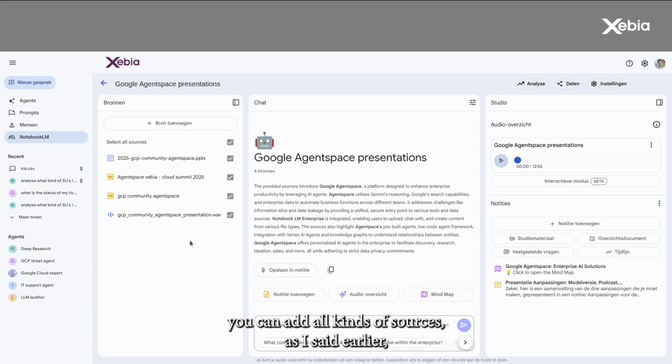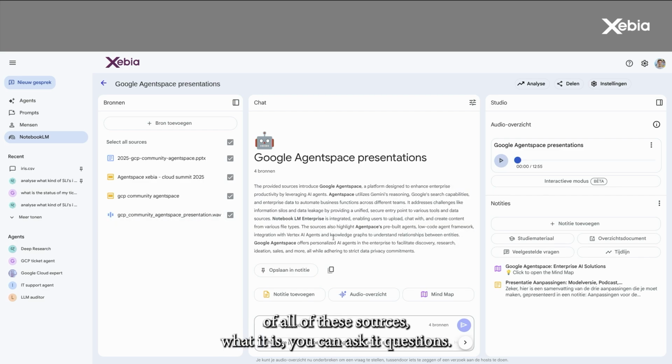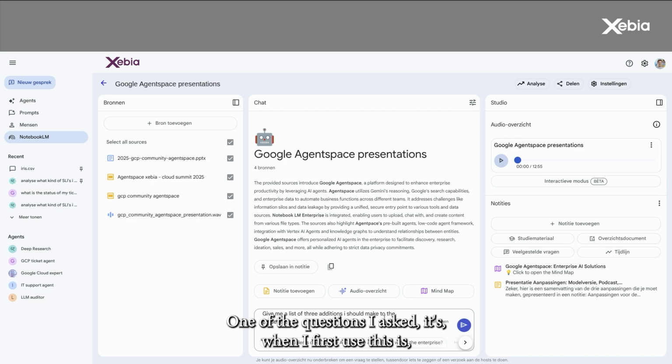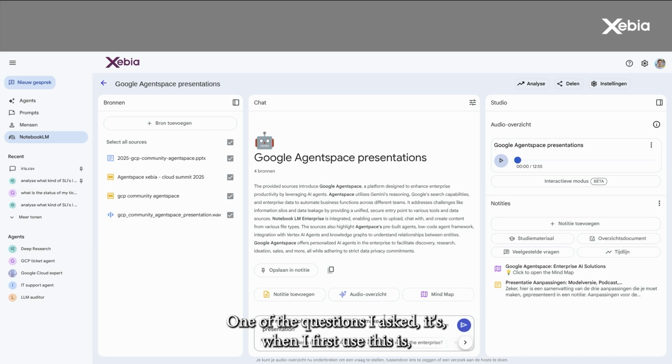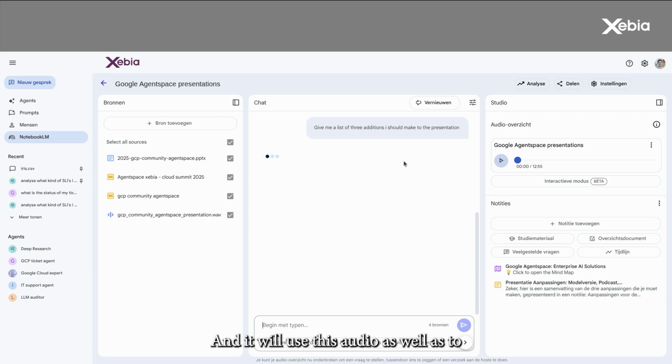You can add all kinds of sources, as I said earlier. And in the middle, you immediately get a summarization of all of these sources. You can ask it questions. One of the questions I asked it when I first used this is, give me some additions I should make to the presentation I gave. And it will use this audio as well as